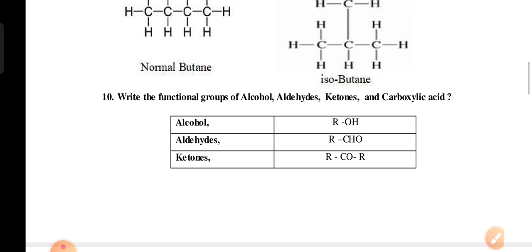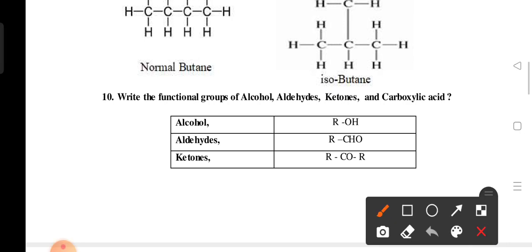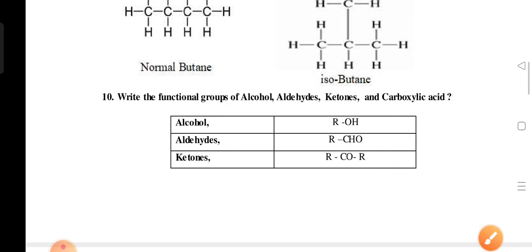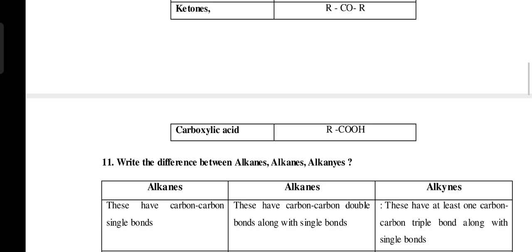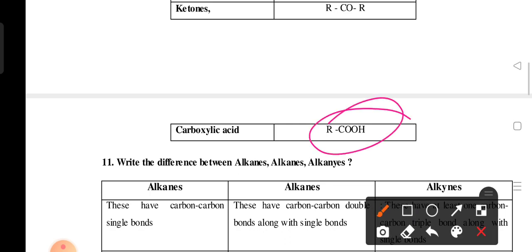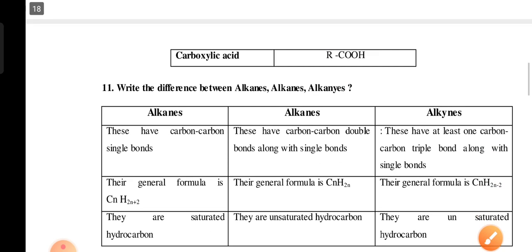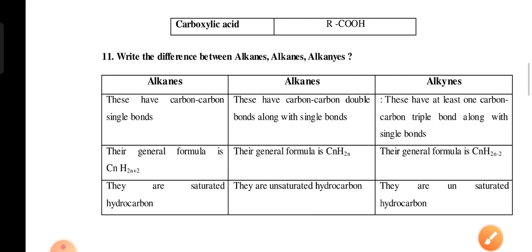Write the functional groups of alcohol, aldehyde, ketone and carboxylic acid. Alcohol OH, aldehyde CHO, ketone CO, carboxylic acid COOH. Then write the difference between alkanes,